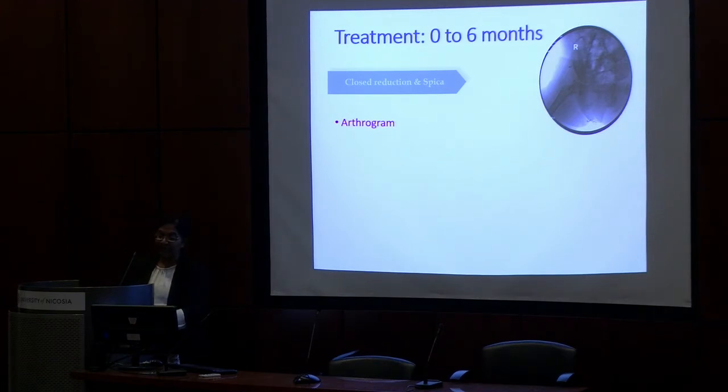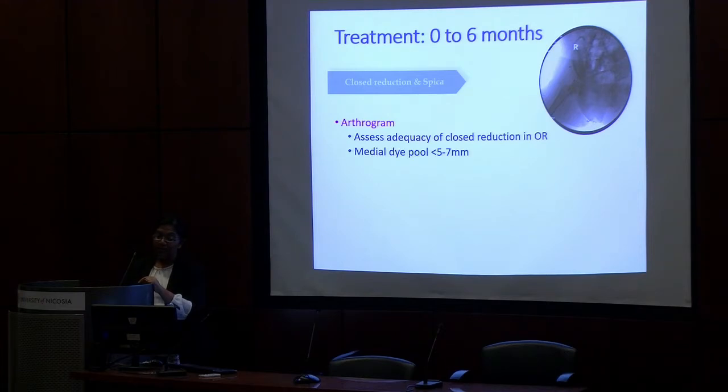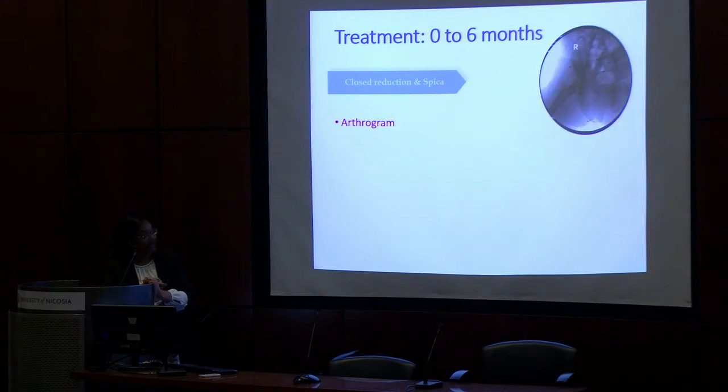So what you're trying to see is you want the dye to outline the femoral head, because remember at this point it's still cartilage, you're not going to really see it on the x-ray. So you need the dye to help you decide, is the femoral head actually in joint? And what you're looking for is the dye will outline the femoral head, but if a lot of dye pools here, you know that there's something blocking the hip